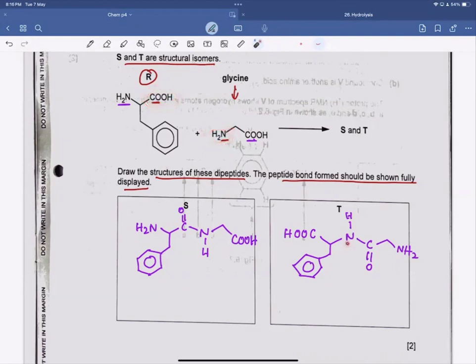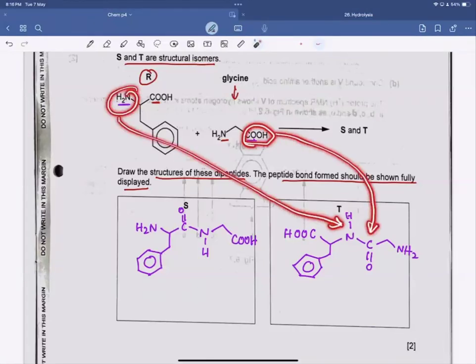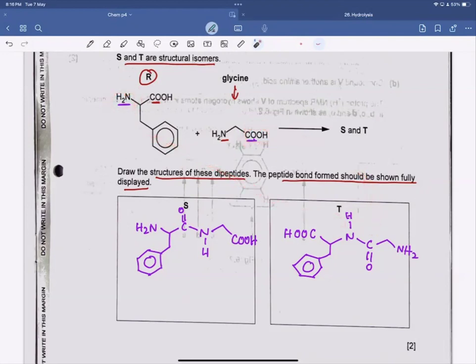Yes, see, that's what happened over here. That's what I did in this case. In the first case, I reacted this carboxylic acid with this NH2, and this amide group has been formed due to the reaction of these two sites. Now, if you look at compound T, I have reacted this carboxylic acid and this amine over here, and as a result, we get this one. So that's how we are able to make two different